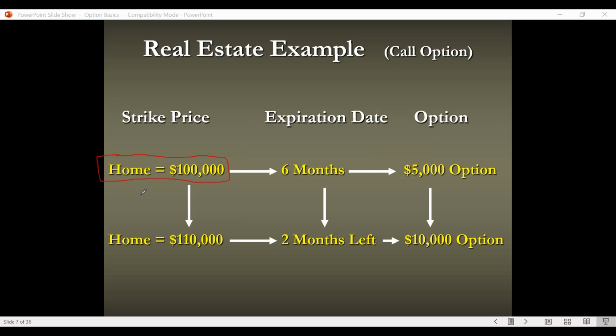So I say, okay, you're not a pushover. Let's develop an option contract here. We get out a piece of paper and write down the terms of our agreement. You're going to agree to sell me that house at a fixed price, this $100,000 price. And options have expiration dates. It's not going to be forever. So our expiration date is going to be 6 months, so it'd be August 2nd, right? Today's March 2nd.